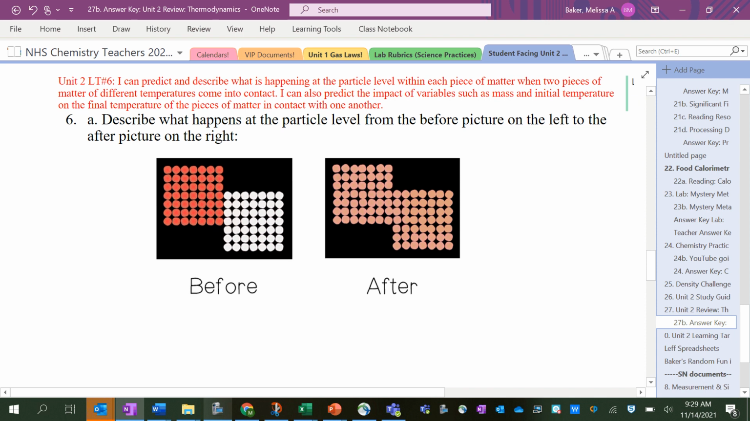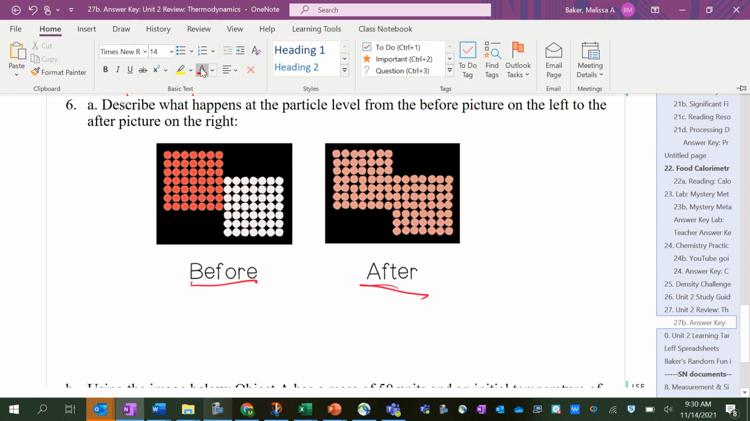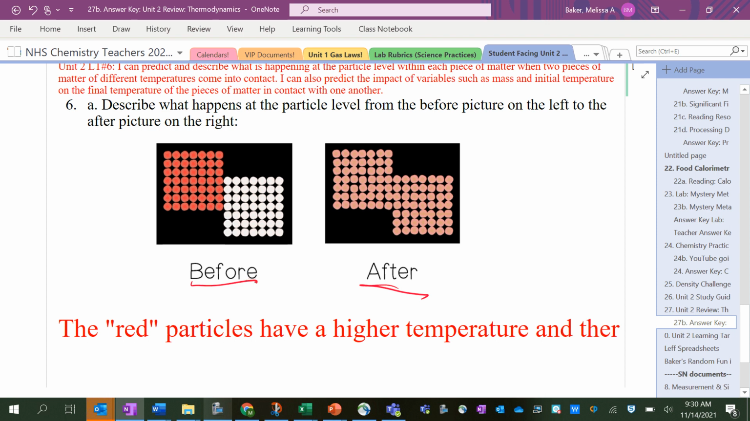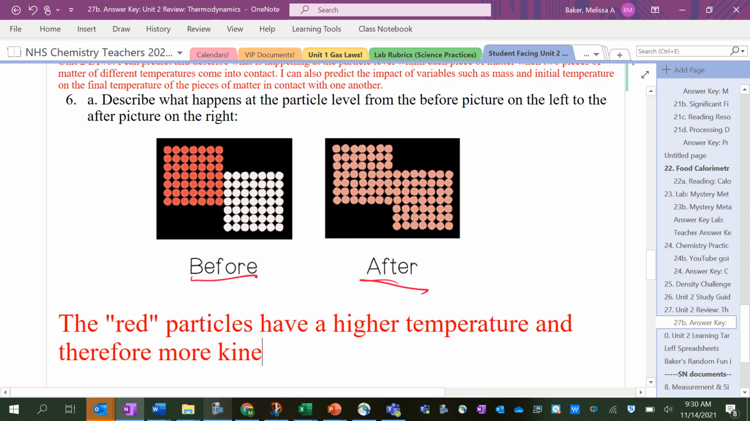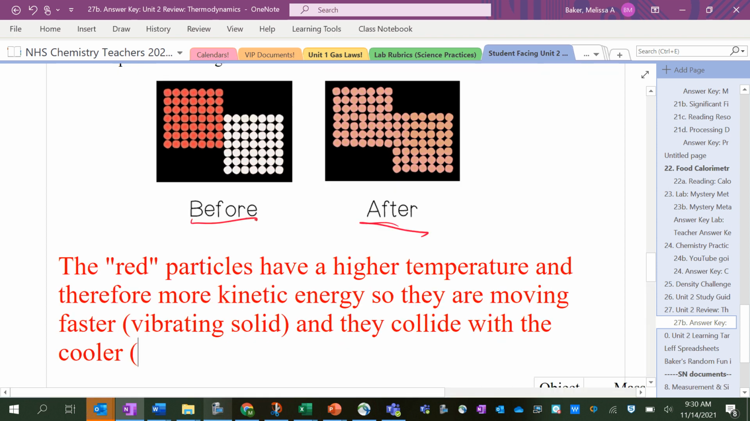Describe what happens at the particle level from the before picture to the picture on the right. Okay, I'm going to type this out. The red particles have a higher temperature and therefore more kinetic energy. So they are moving faster, vibrating faster, since this is a solid, and they collide with the cooler white particles that